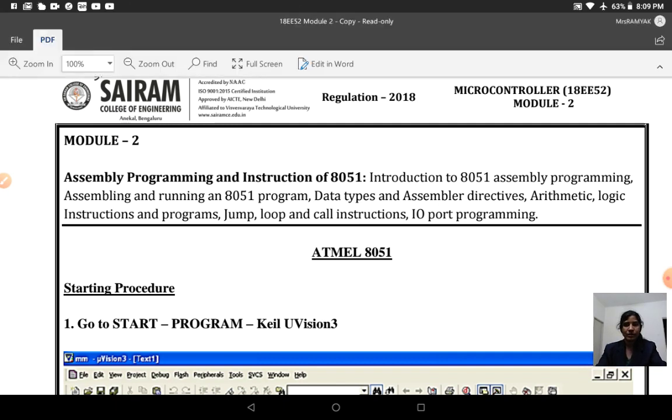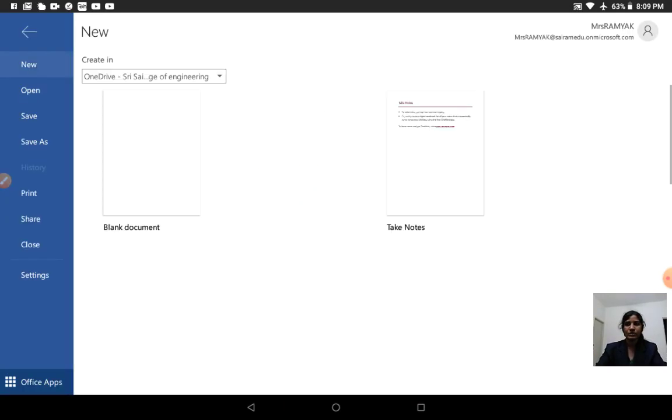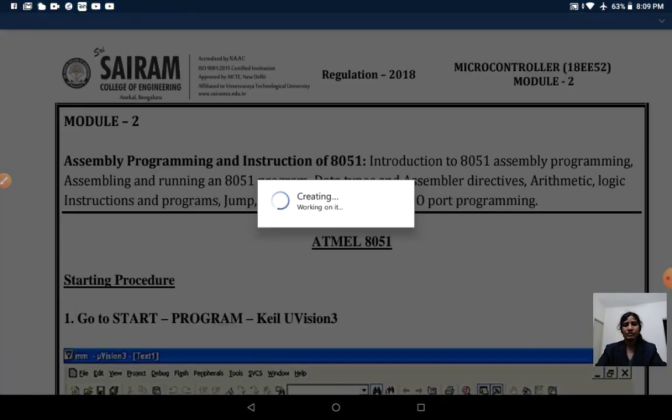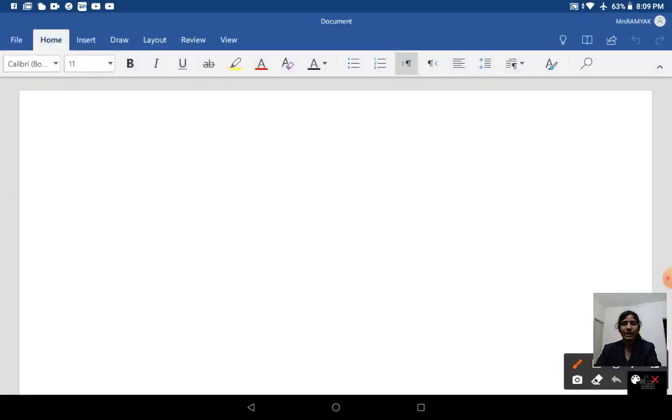I wanted to open a new document file. New blank document. In this I'll show one program using the add instruction.